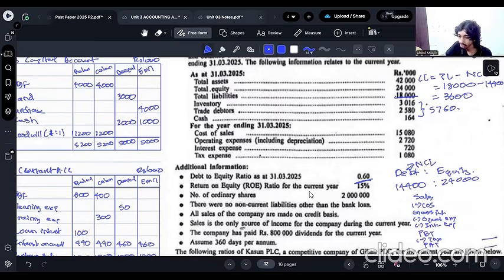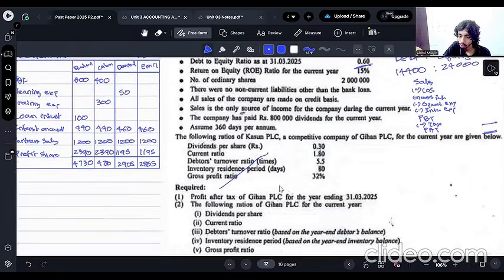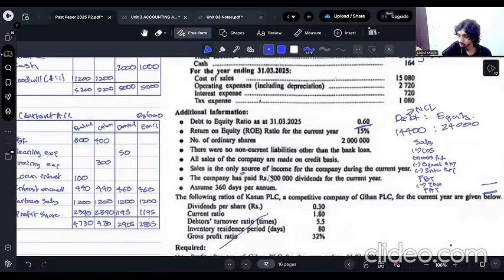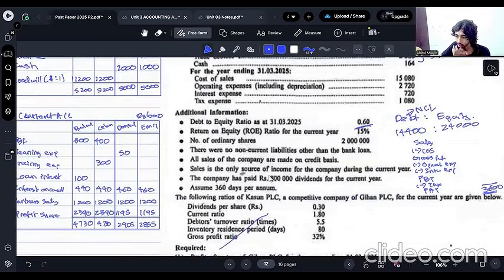Now profit after tax is 3,600,000. You can show this working nicely. Then the tax expense is 1,080. Then the profit before tax will be 3,600,000 plus 1,080, 4,680. Now interest expense is 720,